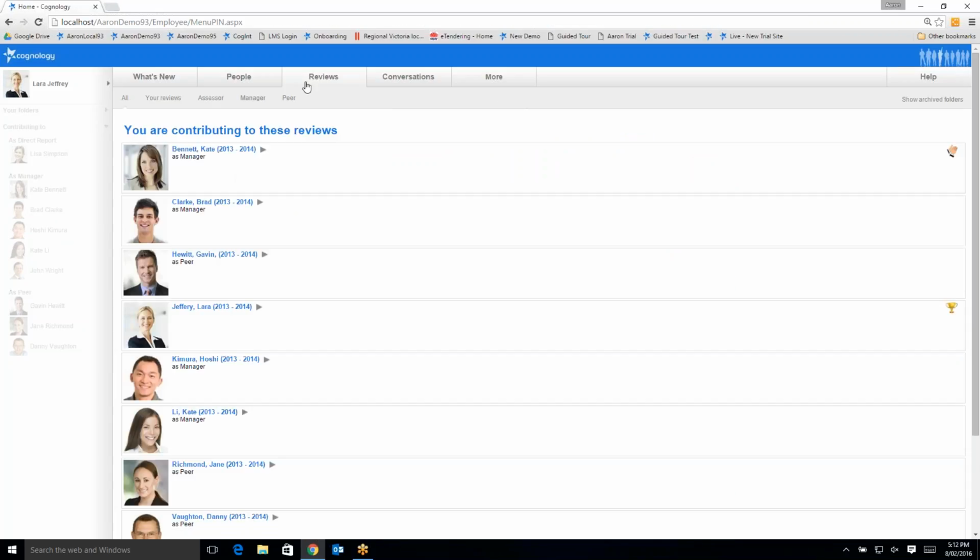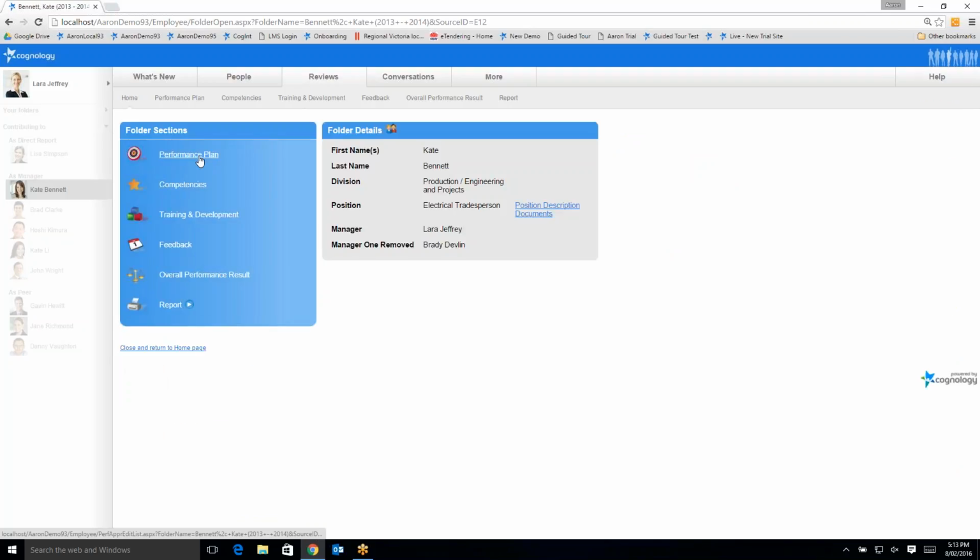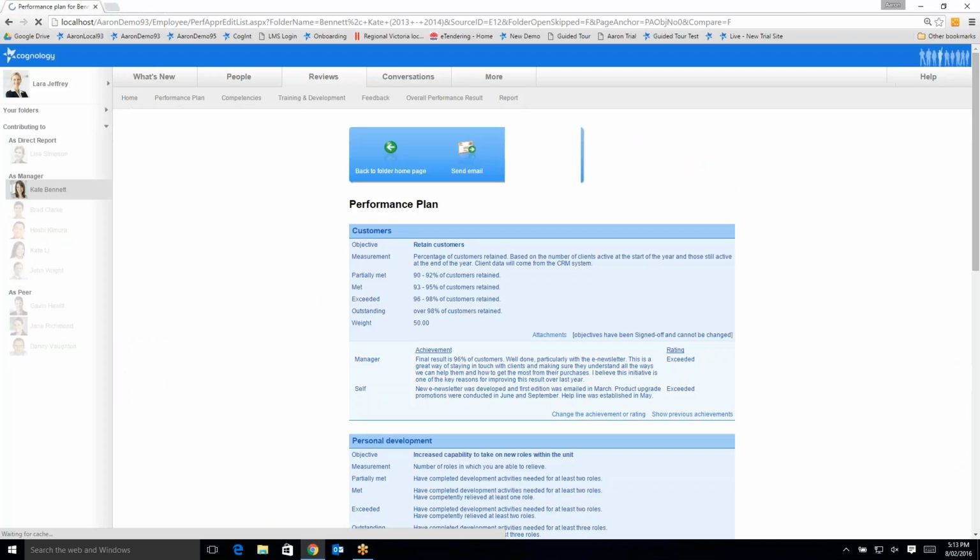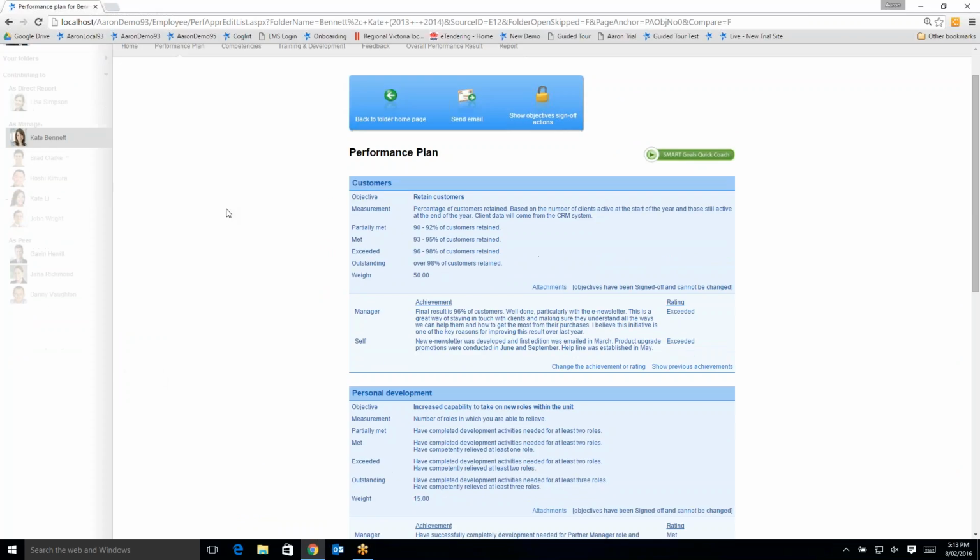All right, so I'm going to flick back to the review tab here. I'll just have a look at this from one more perspective, kind of what does this look like come review time. I'll jump into Kate, into her performance plan. So we're really flexible on how we can accommodate the process that you want to run. But a typical one we see at a lot of clients is first they might want Kate to do a